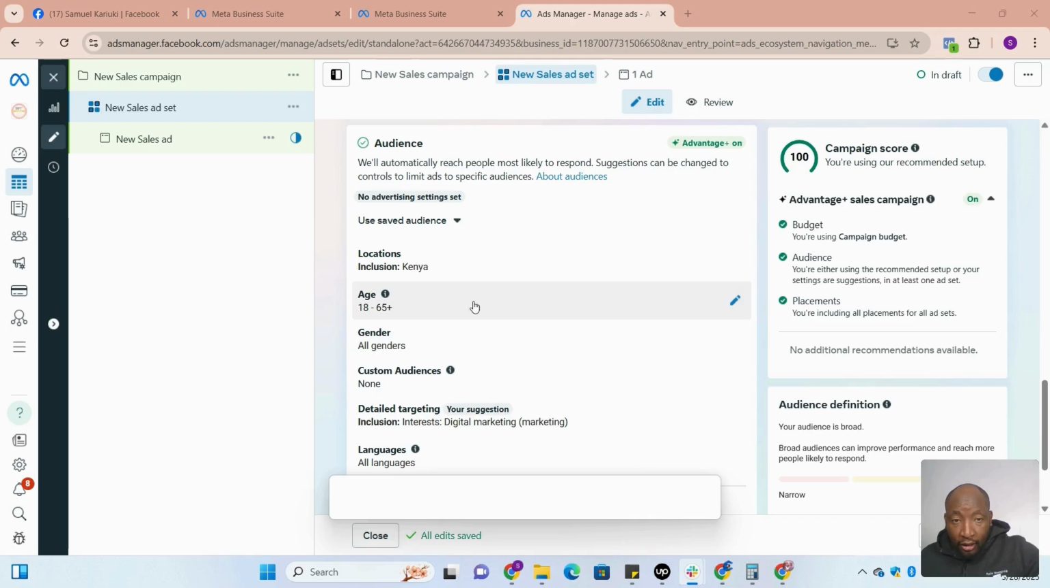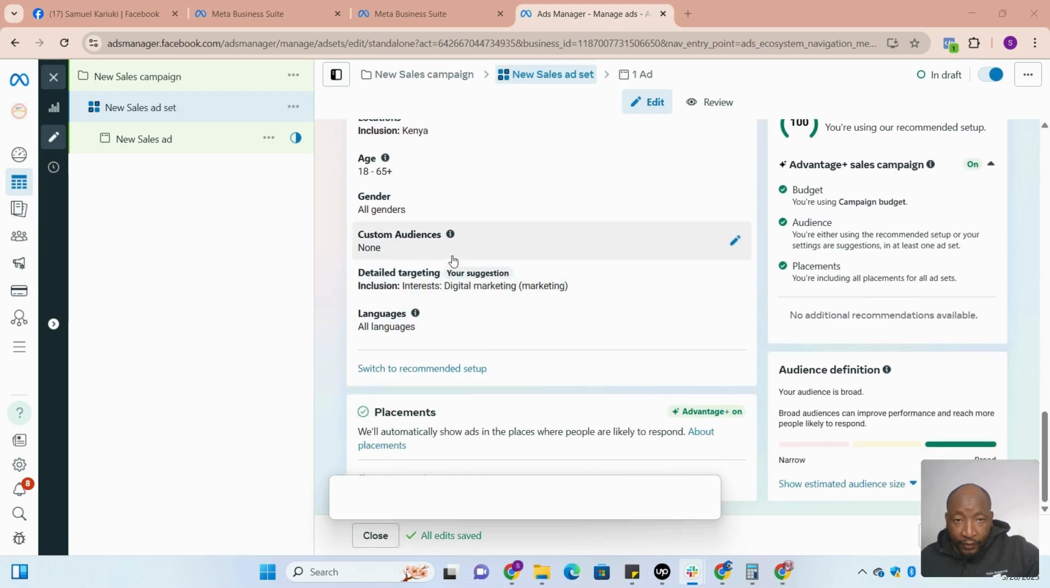You can change age, gender, can have custom audiences. I'll show you how to create custom audiences, detailed targeting. So using interest, behavior, languages, you can choose the language that you want there. The other thing you can do here is to choose,